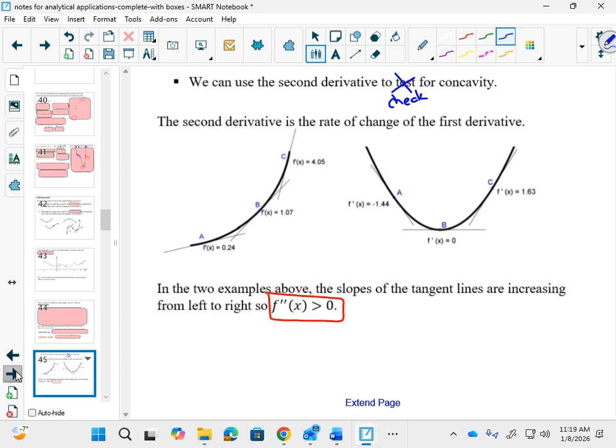Okay, take that out, erase that. You will always use the first derivative to find maxes and mins. And you will always use the second derivative to find concavity. You will use the first derivative test to find maxes and mins. You will use the second derivative test to find maxes and mins, again, in a different way. Totally confusing